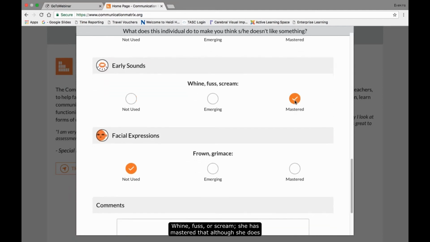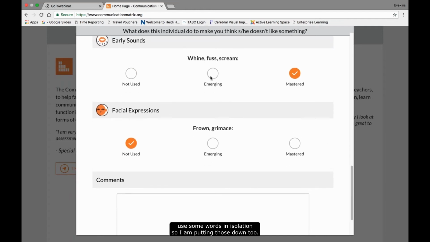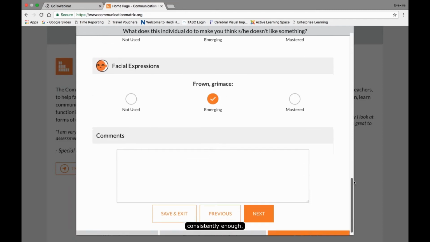She has mastered that, although she does use some words in isolation, so I'm putting those down too. Facial expressions, those I would say are emerging because she doesn't use them consistently enough. Then down here I might have a comment, and I'll say, student is in wheelchair